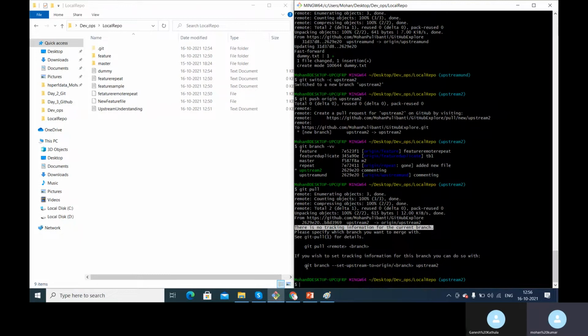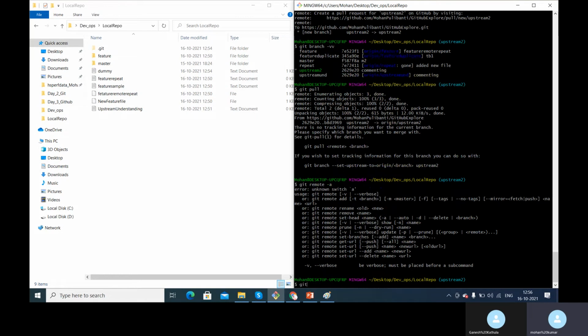It created all the tracking branches that are needed for us. If you want to create a tracking branch for this, it's an additional command that you have to execute. That command is git branch -a.